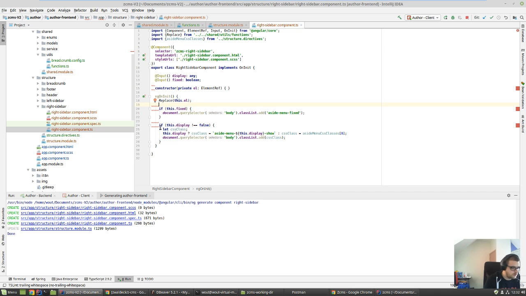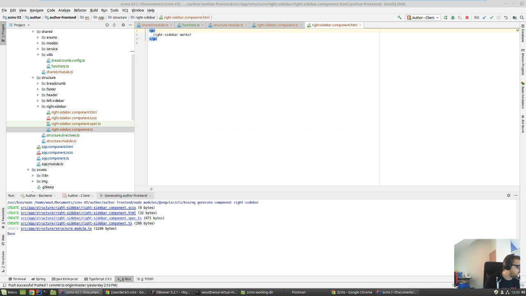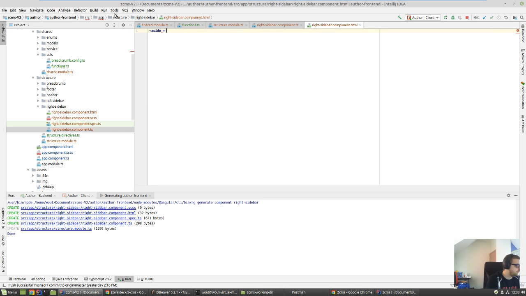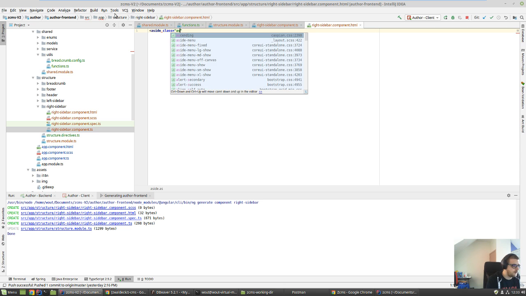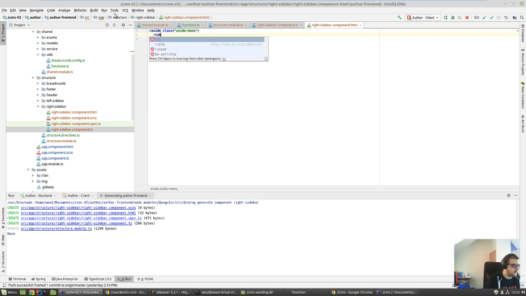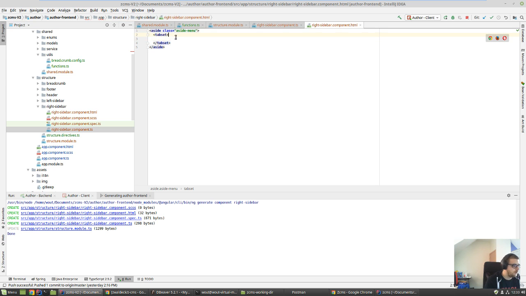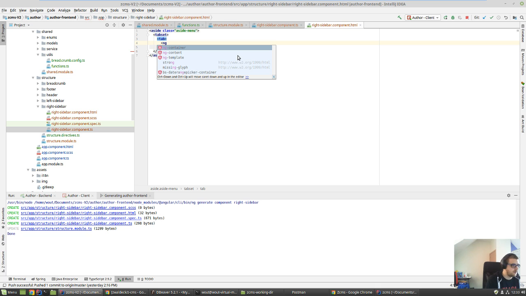So basically we say here, okay, we want a side menu large or something like that, and that shows it. So for our HTML, it's as well pretty easy. So we say aside class aside menu. We have a tabset. I need to check if we added the bootstrap tabs module. Yes. Okay. So we have a tab which has an ng template,